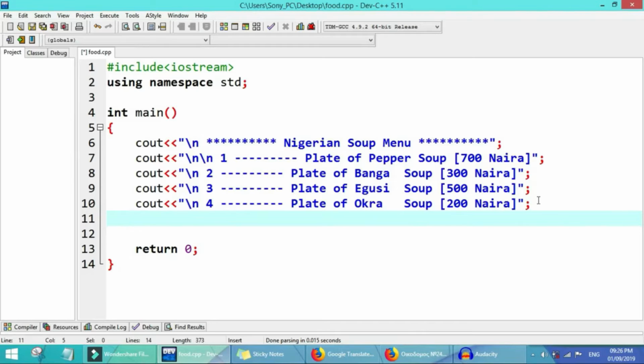So we say cout, select your favorite soup number for here. Select your favorite soup number. Okay, and we use cin. We go create our blink just as I talked before.